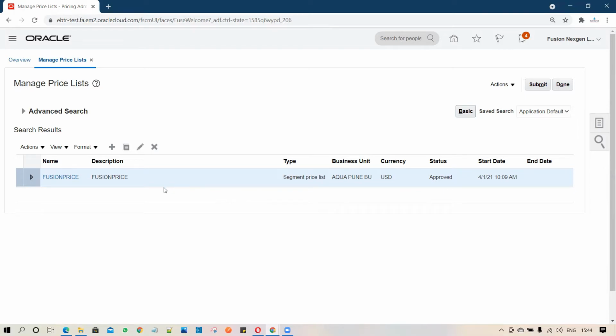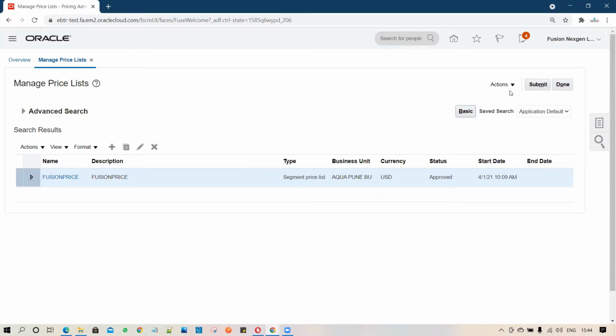So let's assume in your business, you are having 10 price lists, 100 price lists, or 50 price lists. Oracle has released the feature called ADFDI, which is a really useful and interesting feature to do your price list or day-to-day activity in your business in bulk.